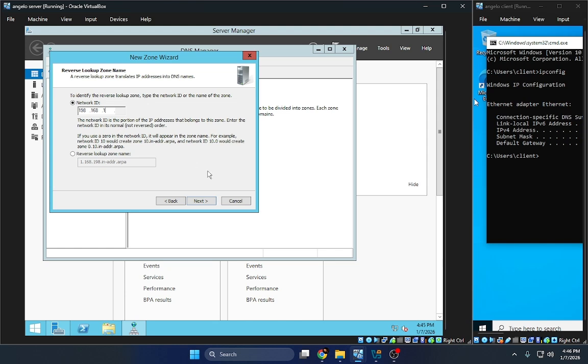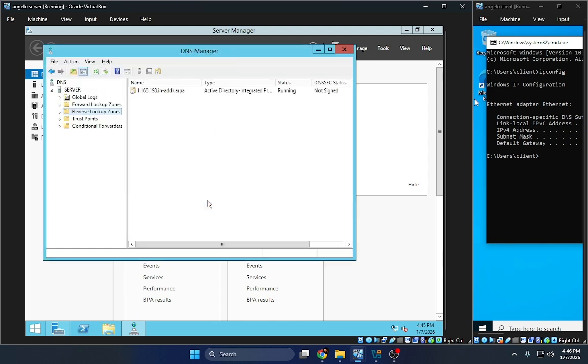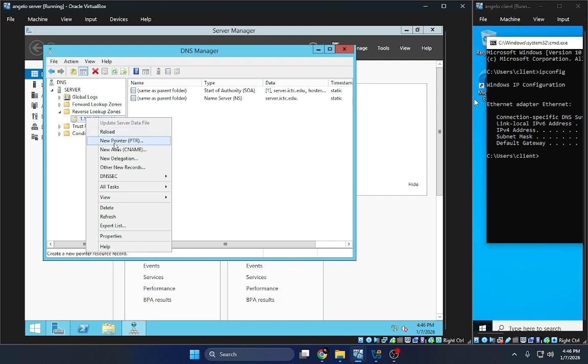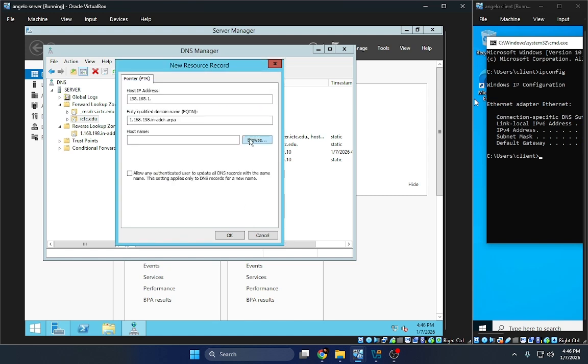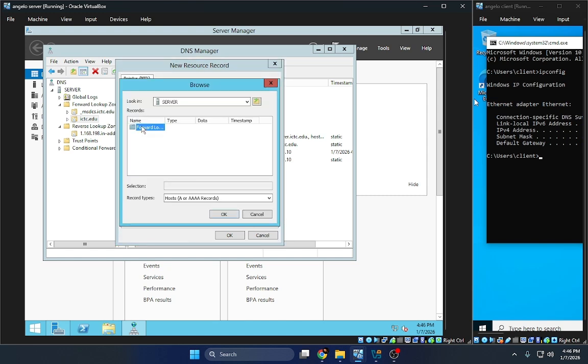Inside the DNS manager, I expand the server and check the forward lookup zones, icpc.edu, and the msdcs.icpc.edu. I also check the reverse lookup zones to make sure reverse mapping is available. This helps the domain name resolution work properly.